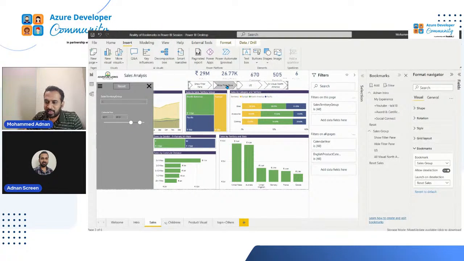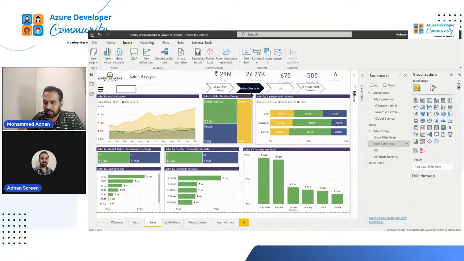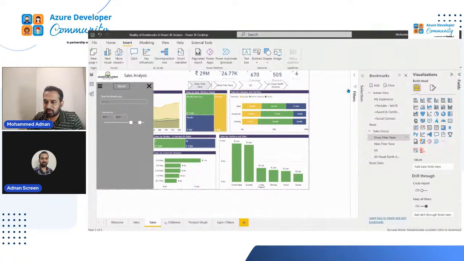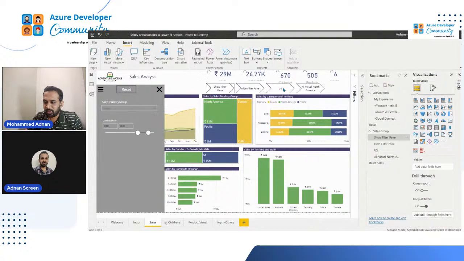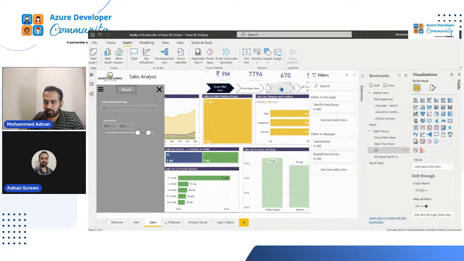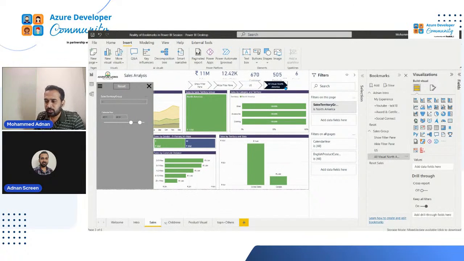So here, if I click on hide filter pane, then the filter pane is hidden here. And if I click on the same thing again, it loads up here. And if I click on show filter, it's showing up here. And if I click on the US option, then this gives me only the US option here. And if I click on all visuals North America, then this filters to North America alone, and you can see everything here. Again, if I click on US here,